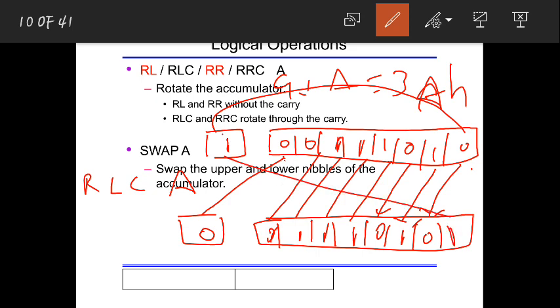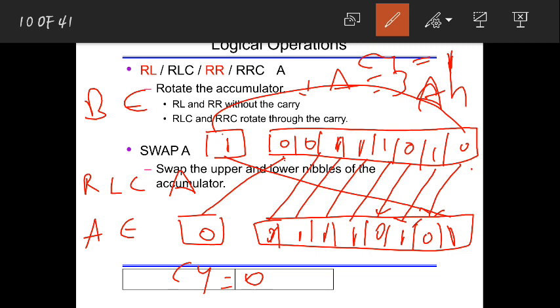Okay, so now let's see before execution and after execution. Before execution, carry was 1 and A was 3AH. Now after execution, carry is equal to 0, and the accumulator is equal to, here you got 1, right?